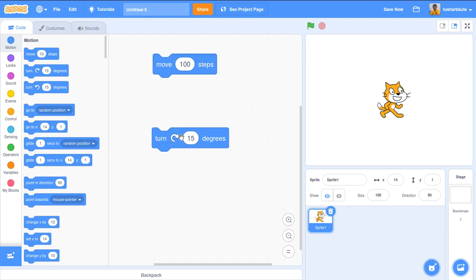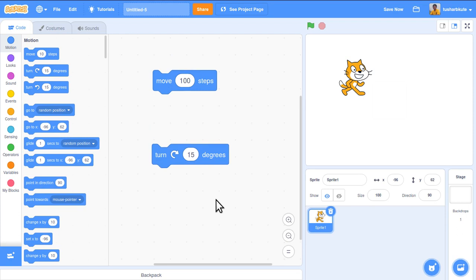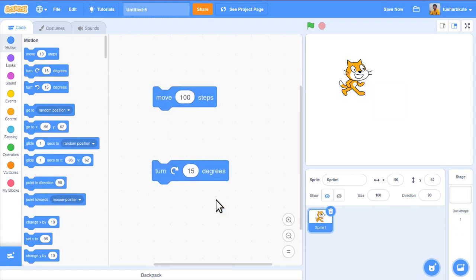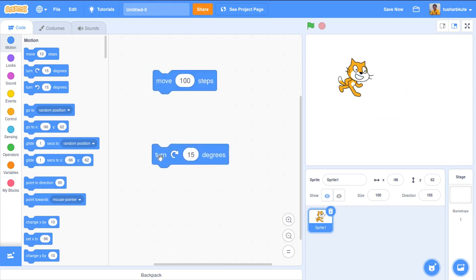This is showing the direction, 15 degrees. Let's click, see, it's turning again and again.